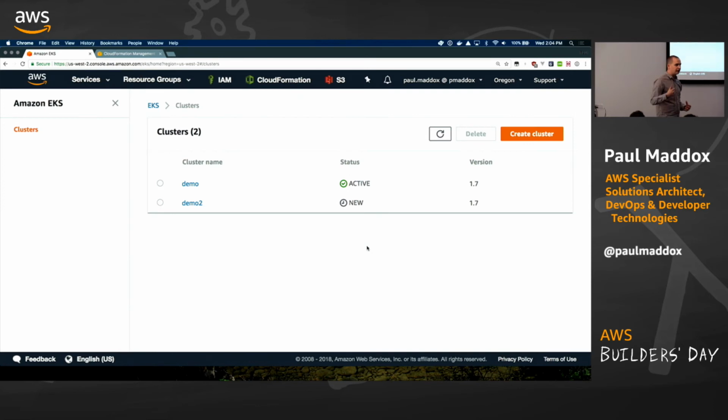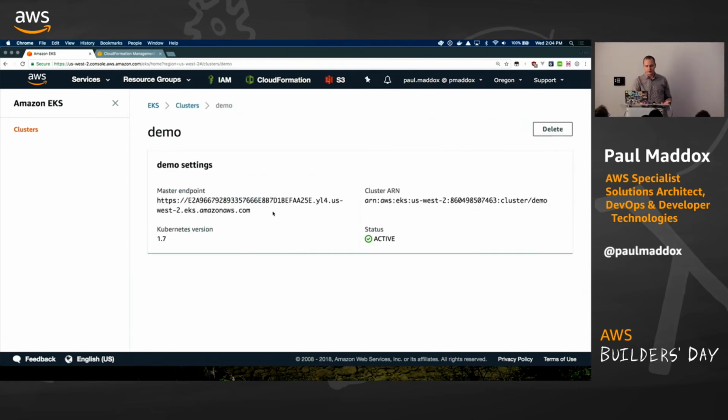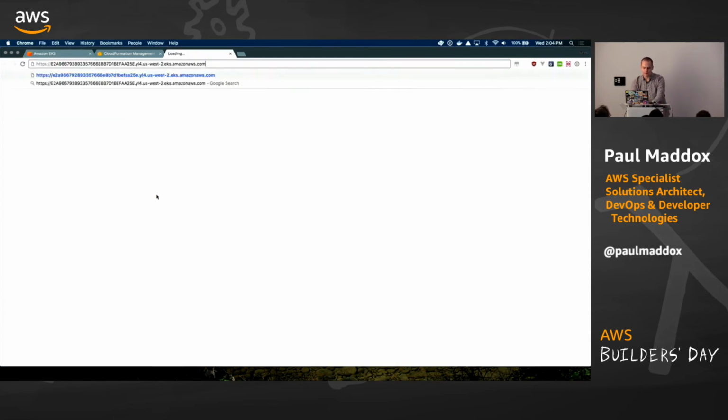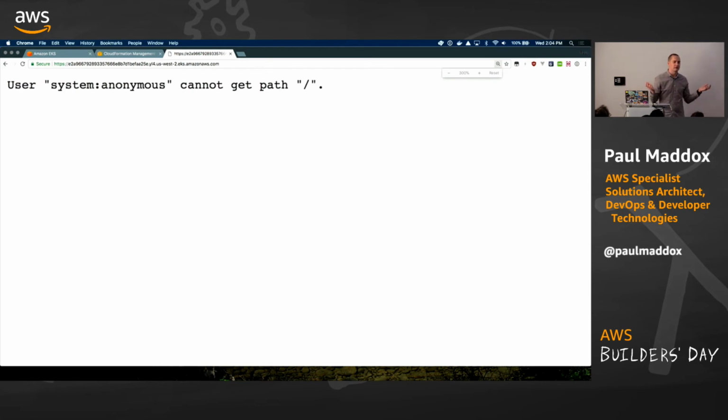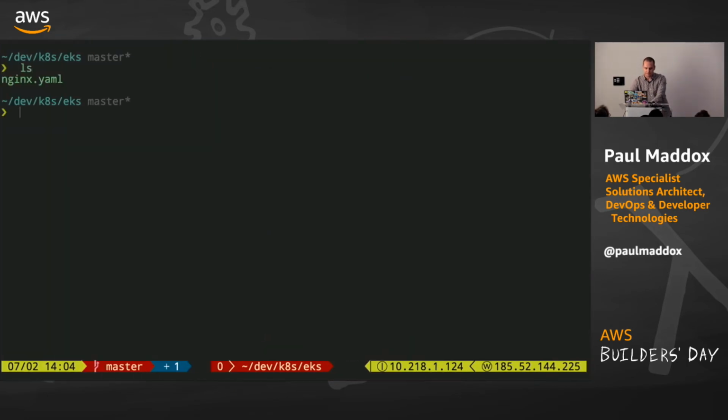So behind the scenes now, this is going away, and it's going to create for me that auto-scaling group of highly available etcd and Kubernetes masters, etc., and ultimately give me a Kubernetes API endpoint. So if I look at the one I created earlier, I can see here I've got a URL for my Kubernetes endpoint. If I load this up, obviously I'm not authenticated at the moment, so Kubernetes is saying so, but this is just the Kubernetes API. You can interface with it with your existing tooling. And if I go to my command line,